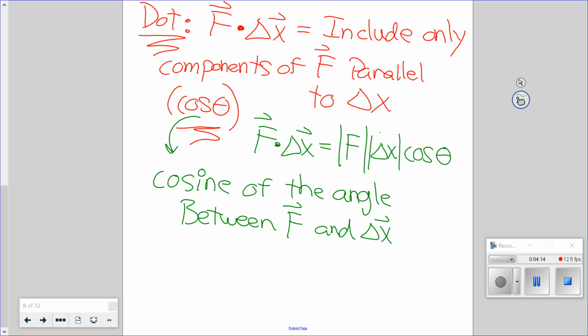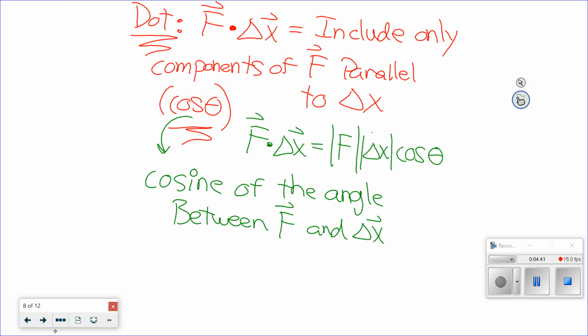That's really the only feature of what we call the dot product. Yes, there's a cross product, but we don't need that right now. There are actually different ways to multiply, especially when it comes to vectors. So we always want the cosine of the angle between those two vectors. Still need that, great. So when we go back to our problem,